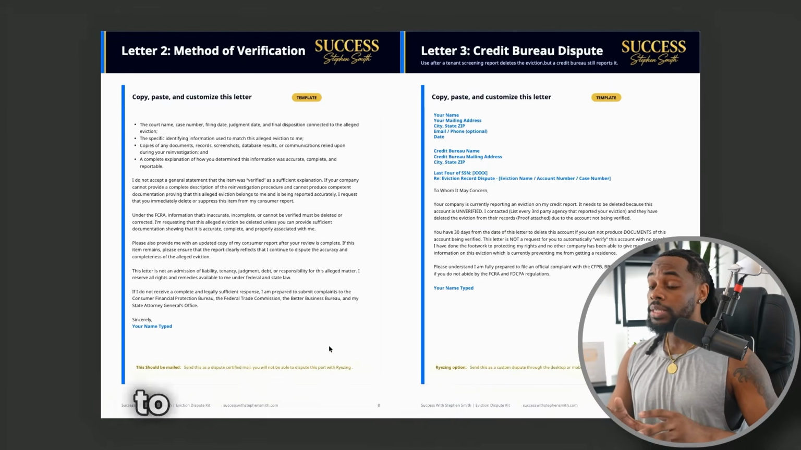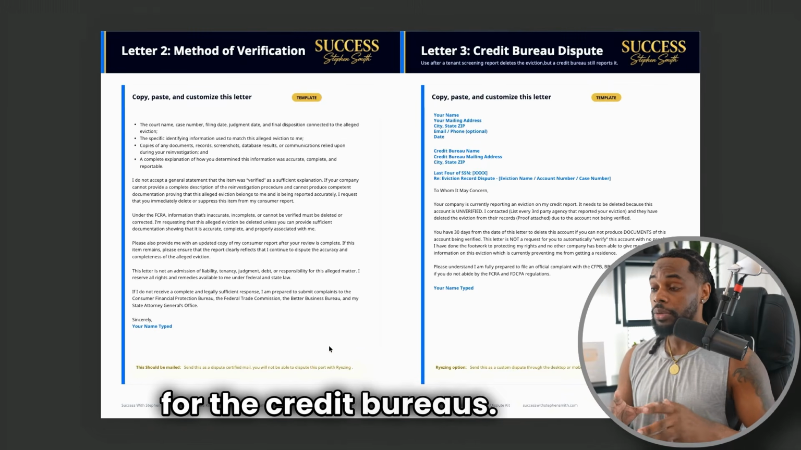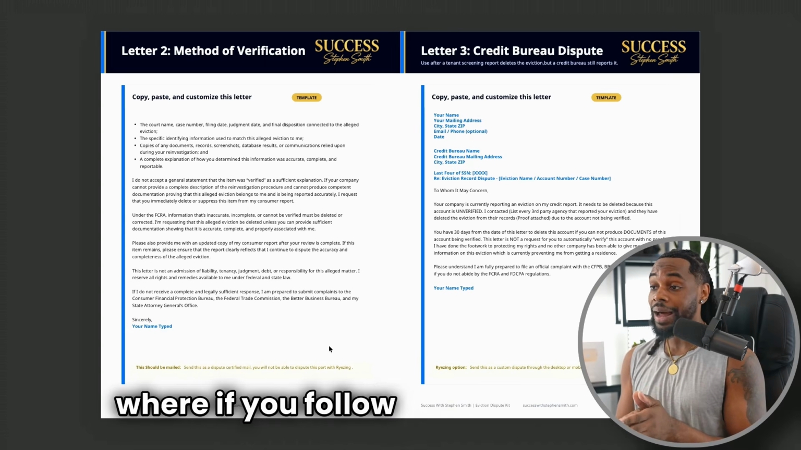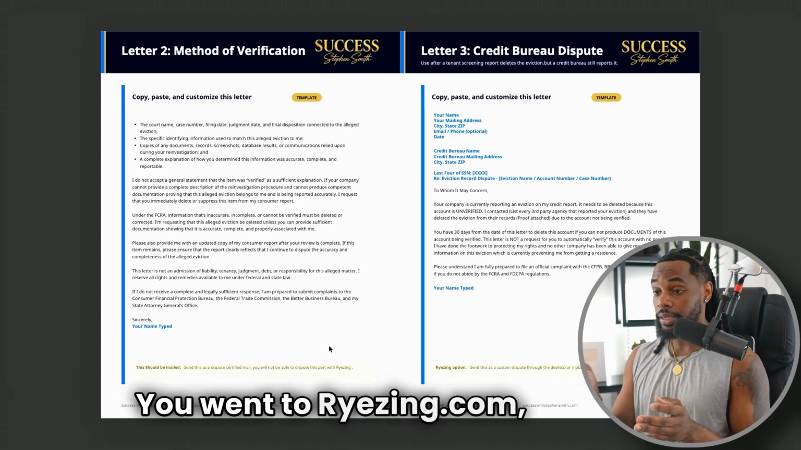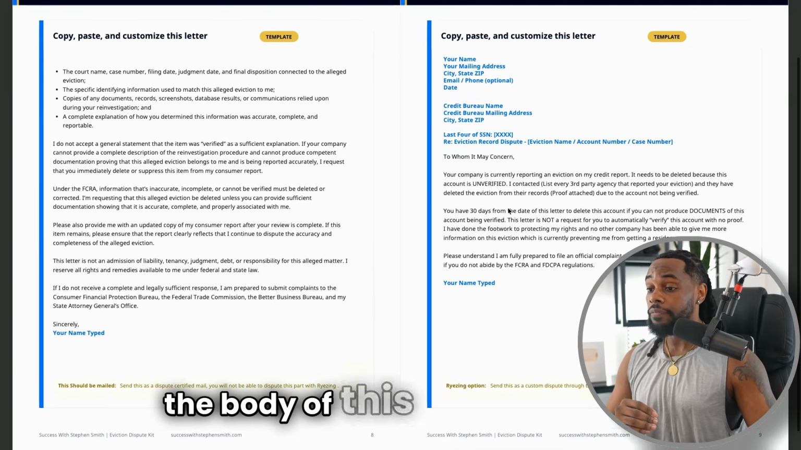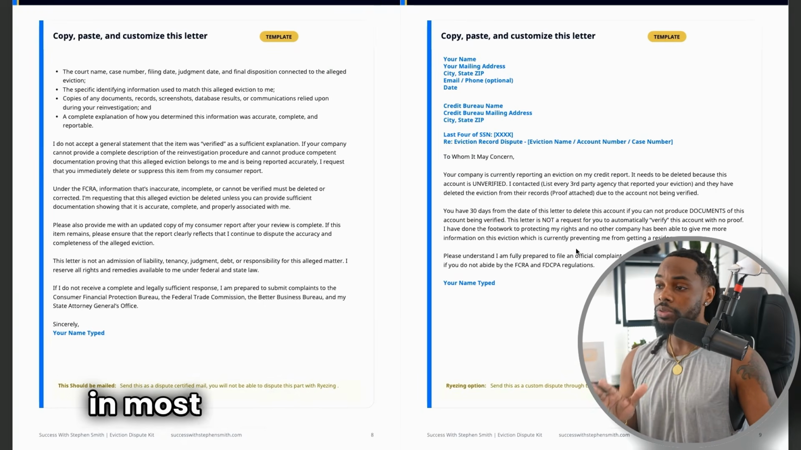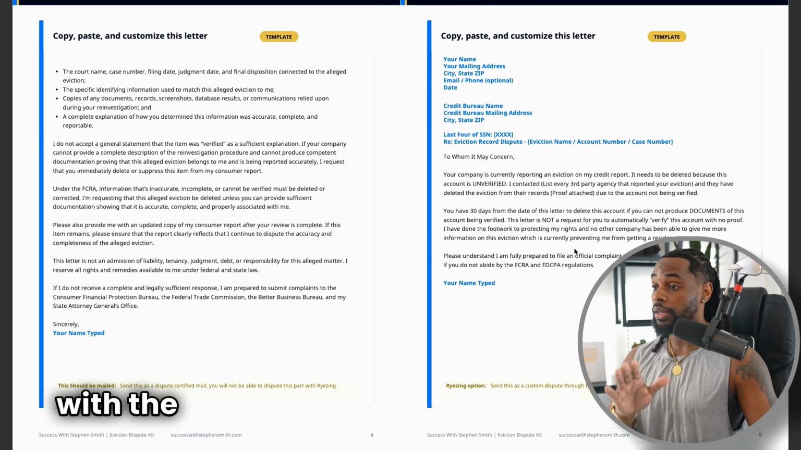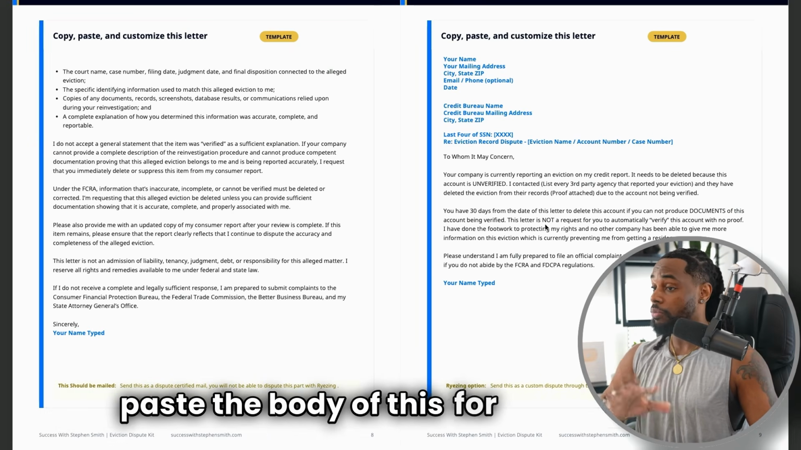Now, I'm moving on to letter number 3, but letter number 3 is really for the credit bureaus. Now, this will be a situation where if you follow the steps to remove a collection, all right, you did that, you went to rising.com, you sent this information. You will then submit a new request and you will send the body of this letter. Now, I'm not going to go through this because more than likely, in most cases, it will be removed with a collection removal method. If not, then you can copy and paste the body of this for all of these,